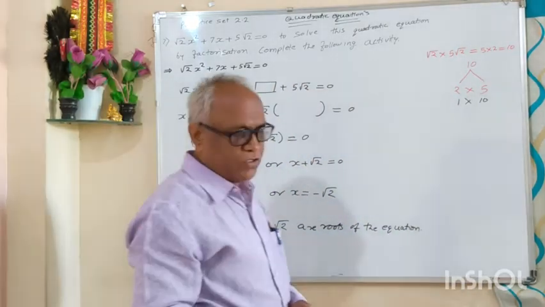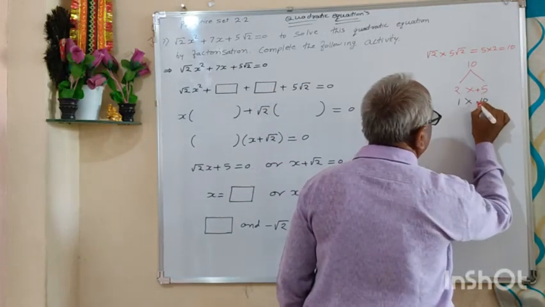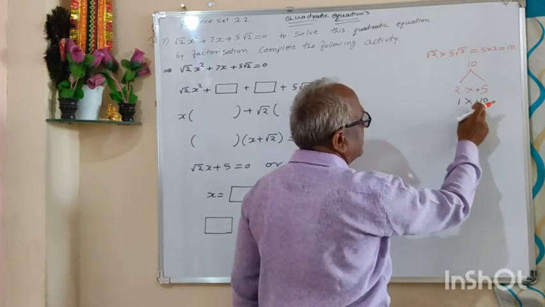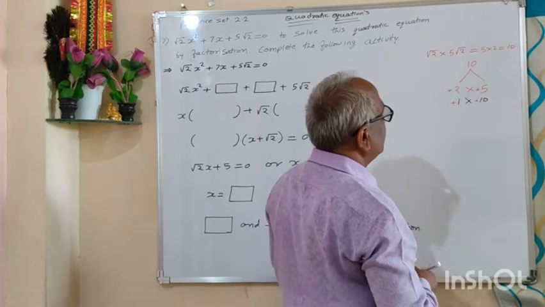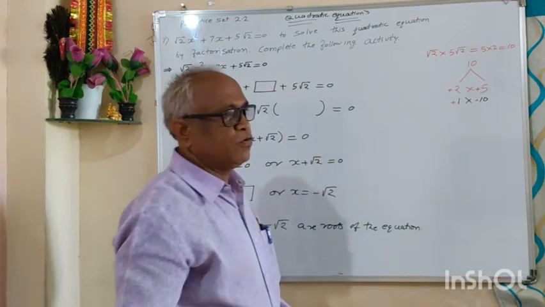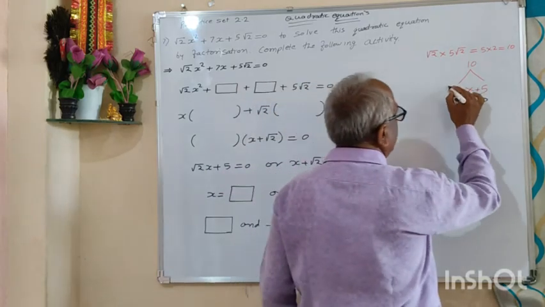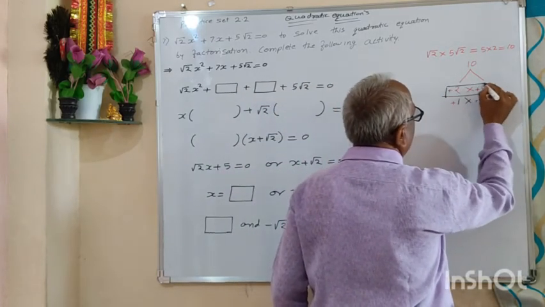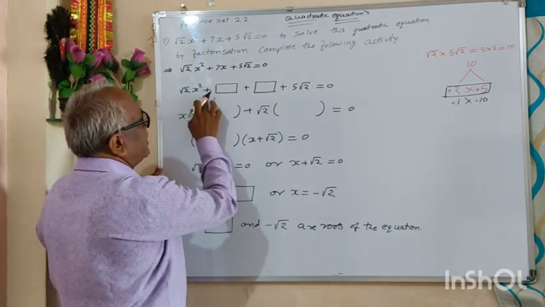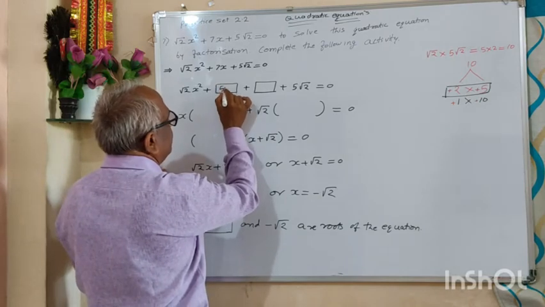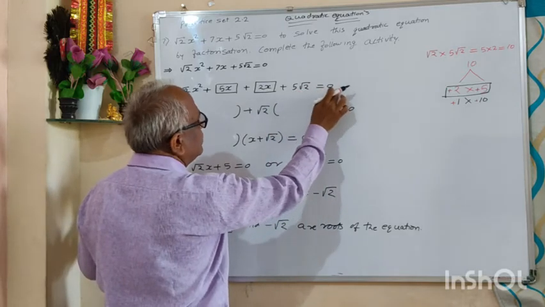Now here the middle term sign is a plus. The plus sign we are going to give to the greater number, that is plus 5 and plus 2. Here plus into plus, plus. Now forget this multiplication sign, use the sign rule. 5 plus 2, that is 7. So the required factors are 2 into 5. Root 2 x square plus 5x plus 2x plus 5 root 2 is equal to 0.